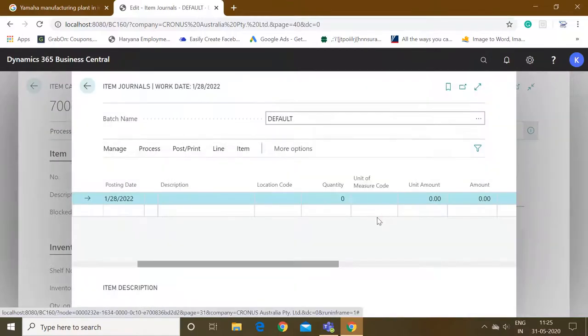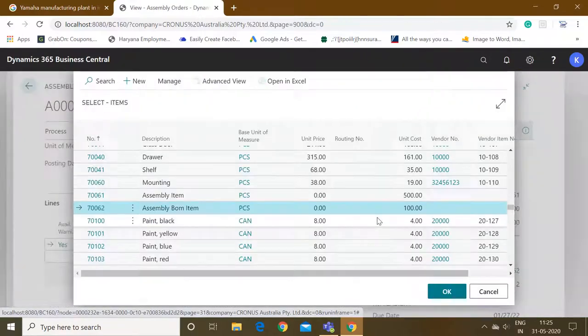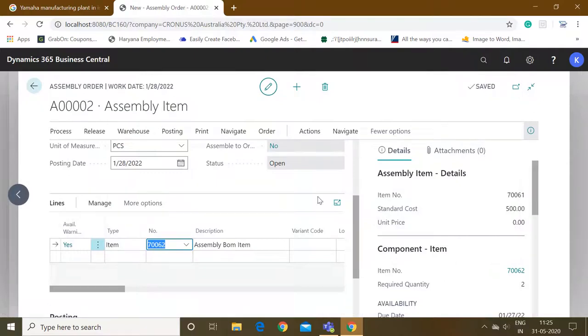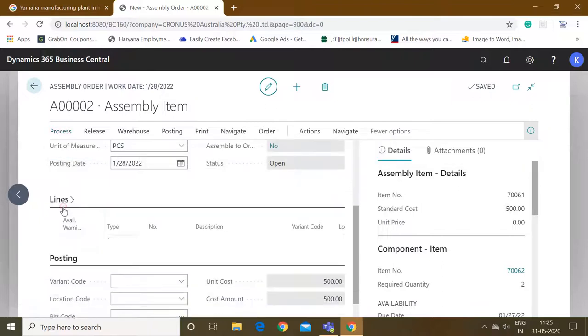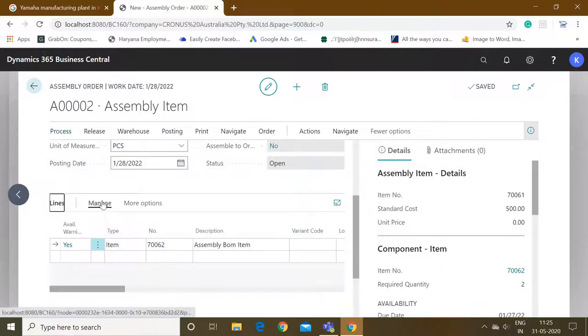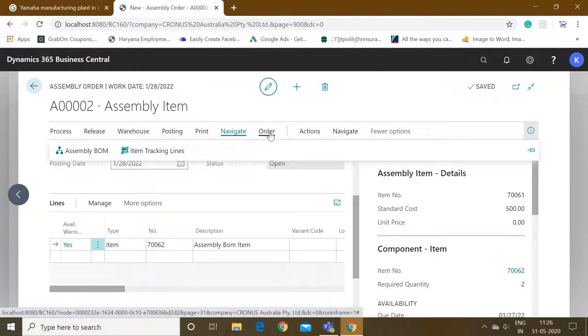So now let me check here in the navigate in the order section.